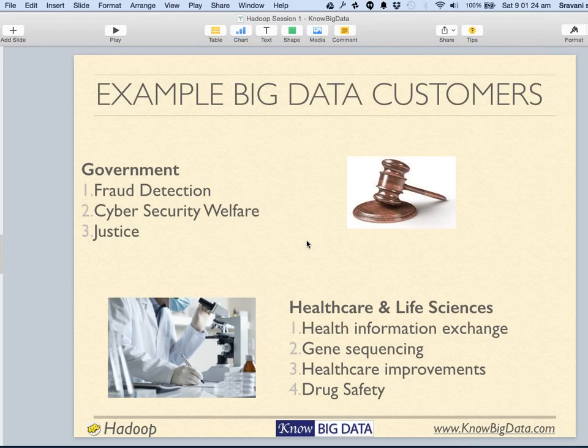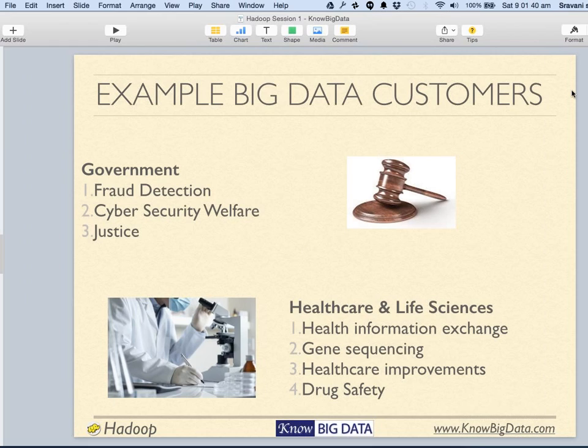So the example big data customers, other than what we talked about earlier, telecom and e-commerce, include government as a potential user. Government uses it for fraud detection, cybersecurity, welfare, and justice.